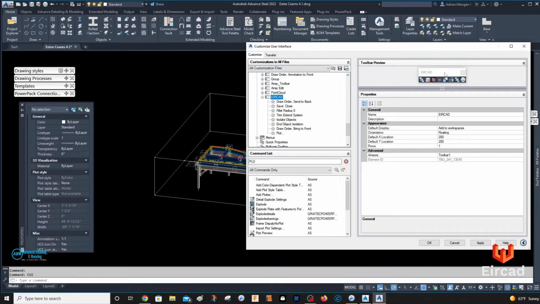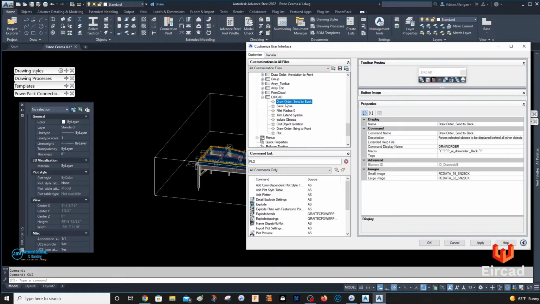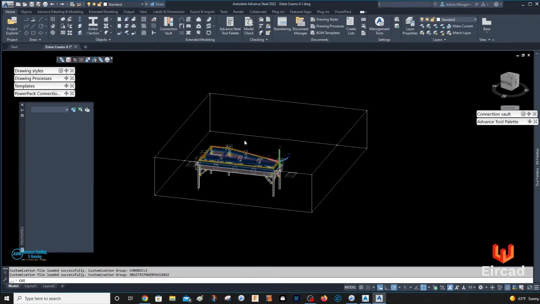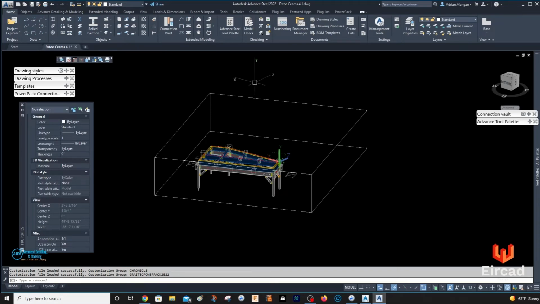Here's our palette, and this is the order we're in. You can see the commands over here if you ever need to change or edit them, though you probably shouldn't go near them if they're in properly. We'll do apply. Okay, and there you have a tool palette. This is an easy way of doing this. We can put this up here, and once you keep adding to this, you can have it go the whole way across the top.